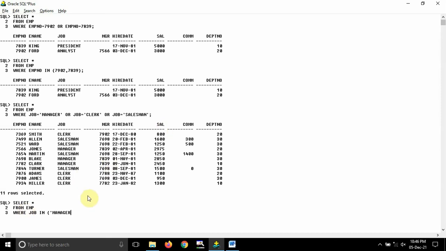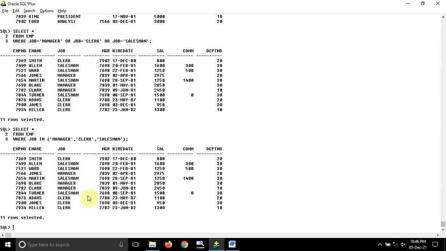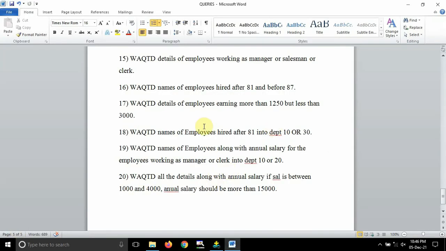First one is manager, second one is clerk, third one is salesman. Terminate the query, hit enter, and you can see I'm getting the same output, 11 rows selected, 11 rows selected. So this is how you can write it, guys. Clear screen. Okay, so I think we are done with the 15th question.